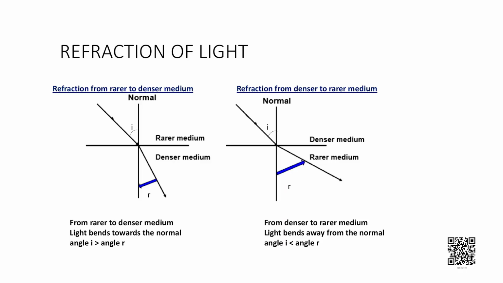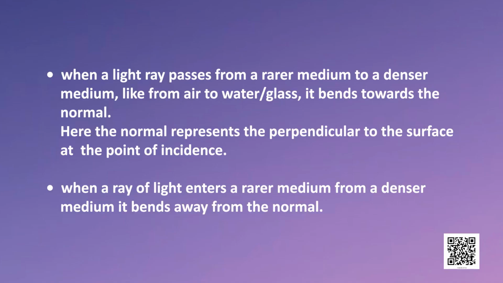For a given pair of media, the medium in which the speed of light is less is referred to as an optically denser medium, while the medium in which the speed of light is more is referred to as an optically rarer medium. So, from our observations, we may conclude that when a light ray passes from a rarer medium